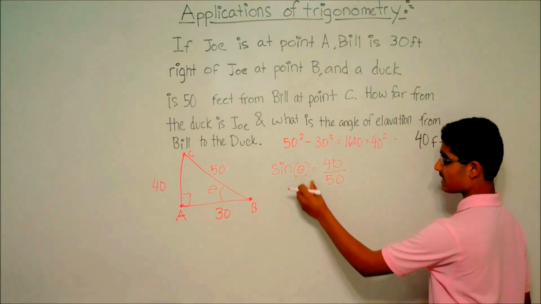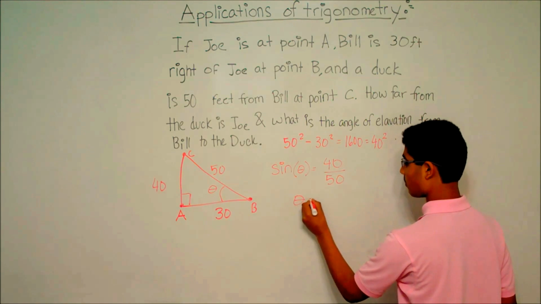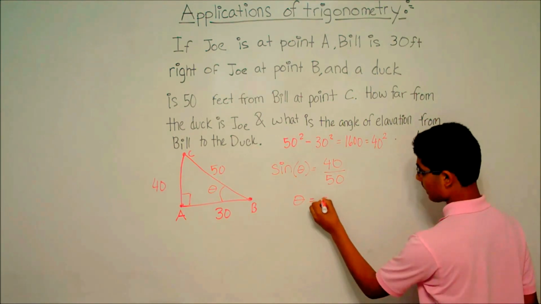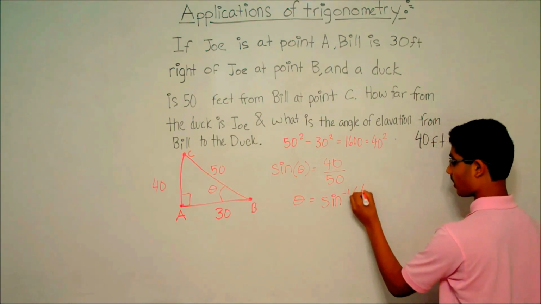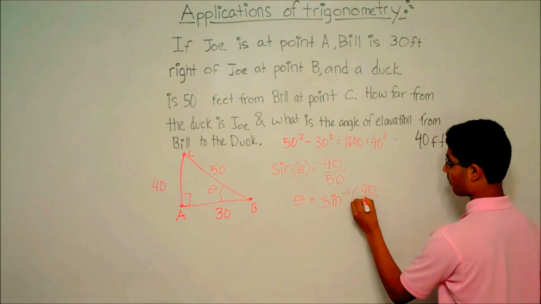So that means that this angle would be equal to sine to the -1, or inverse sine of 40 over 50